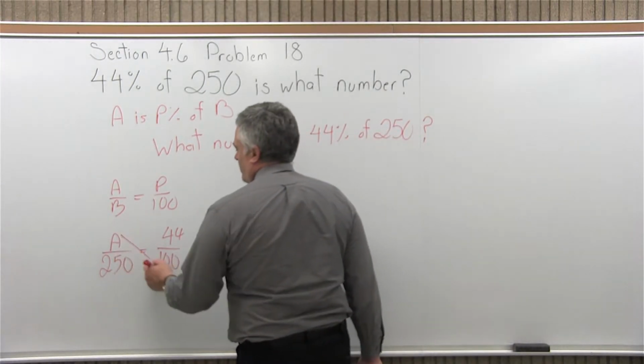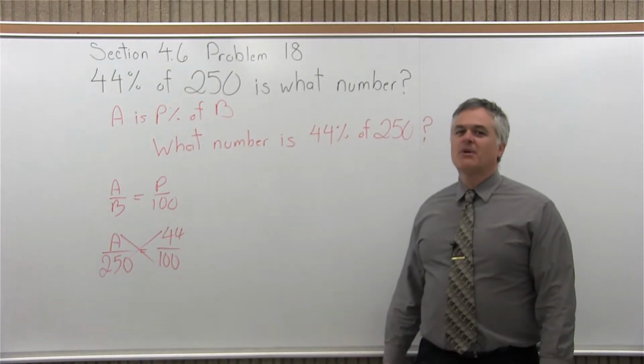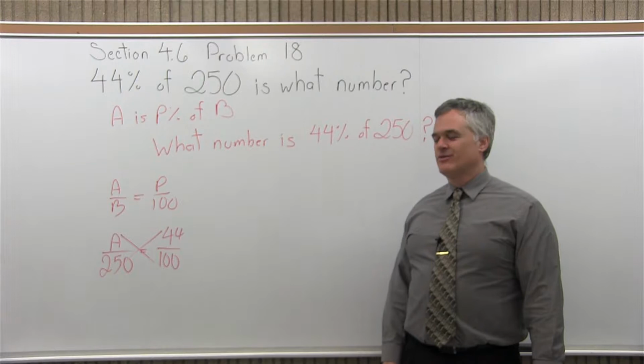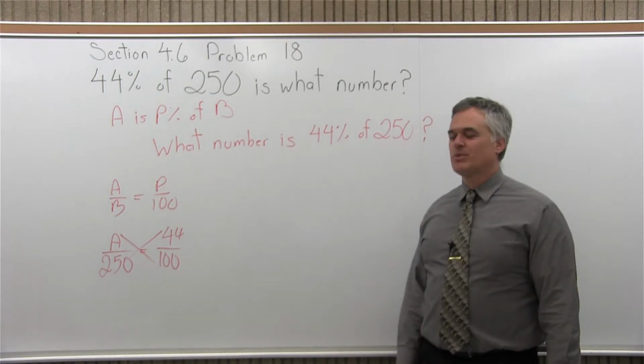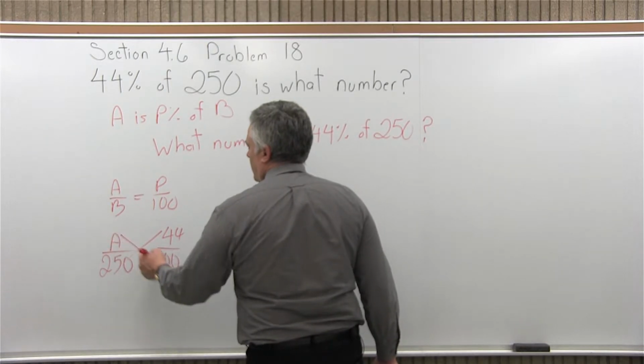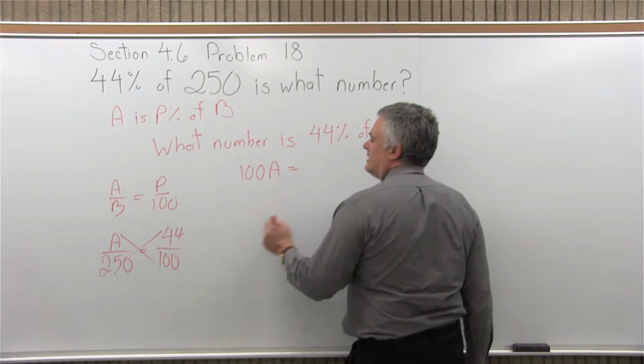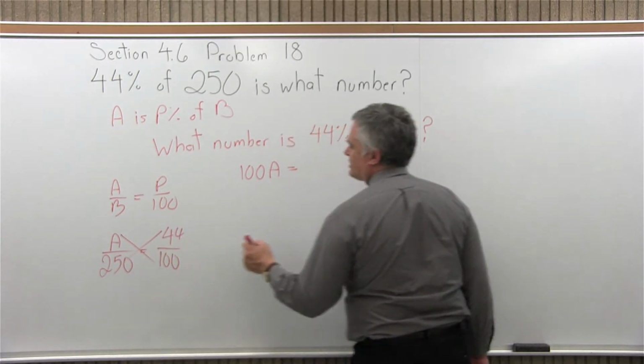To solve that, we'll cross multiply and divide. I can reduce the right-hand fraction a little bit, but dividing by 100 at the end is going to be a little easier for me. So I'll actually leave it unreduced purposely. So A times 100 will be 100A, equals the other multiplication will be